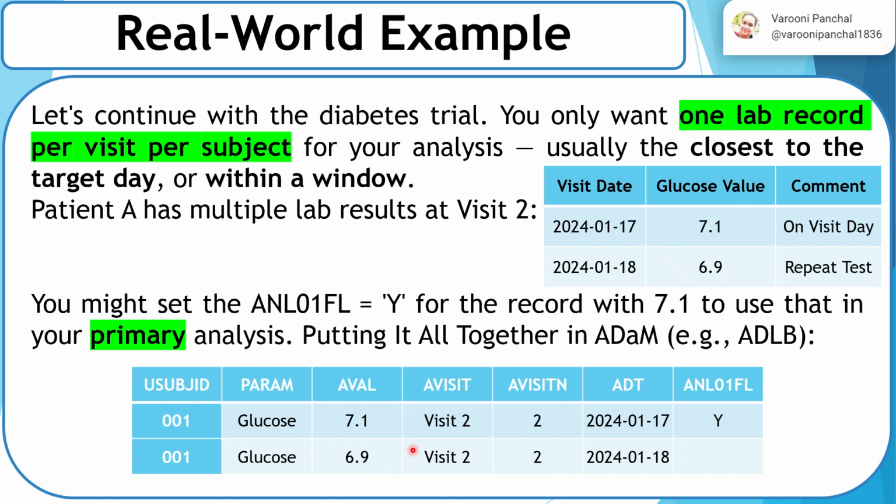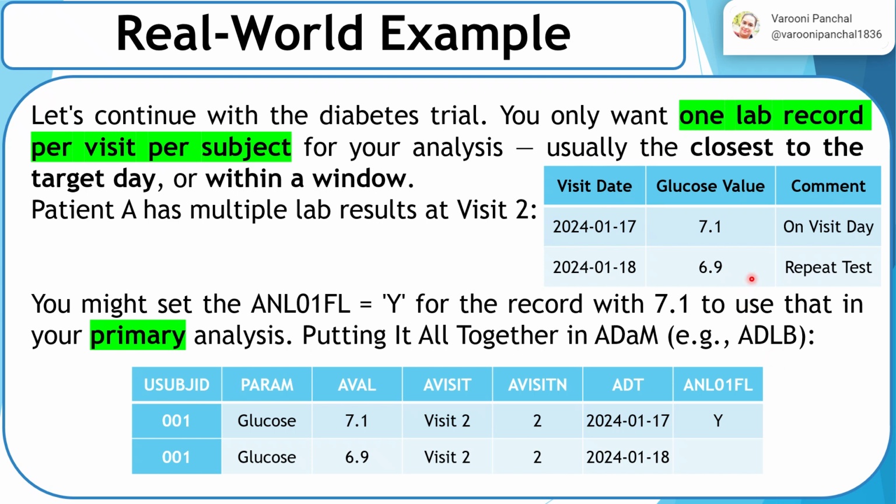So the visit 2 will be the same, the visit number also will be the same, the date is the same, but I want to use this value. I don't want to use the 6.9 value, or I don't want to use this in analysis, especially in tables and figures. You may show this particular record in listings, but in tables and figures, I don't want to use this specific record. So in those scenarios, I will use the first record that is highlighted with Y. That is the concept of using an analysis flag to pick up the specific records for doing the analysis,